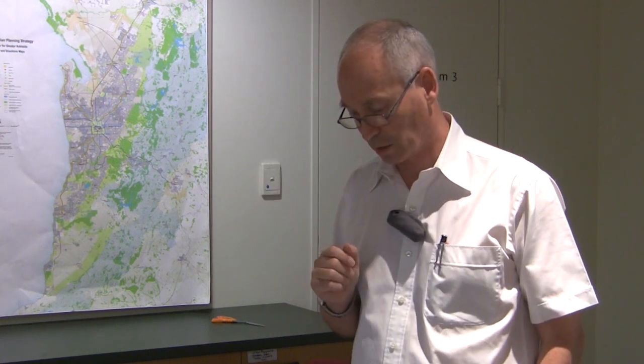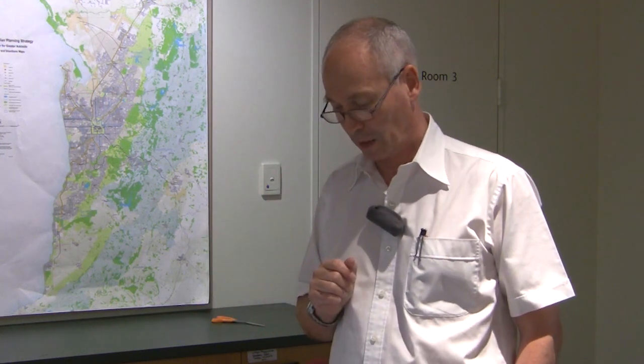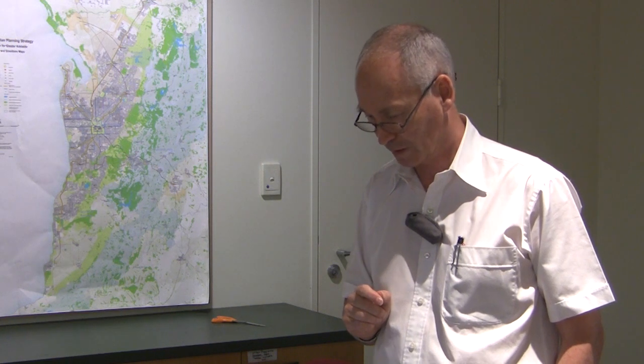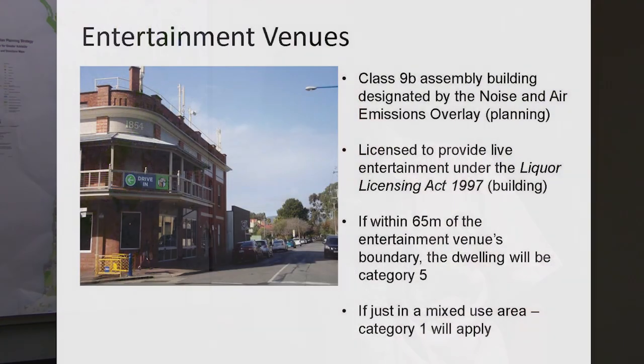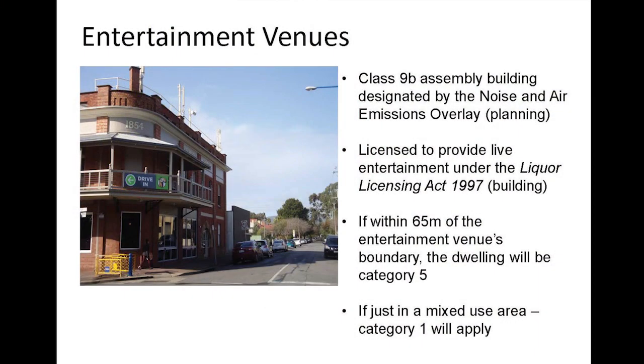Additionally, if there are any dwellings that are located within 65 metres of an existing entertainment facility, then there will be specific requirements. So there's an example of how these overlays will fit. The entertainment venues are basically the Class 9B assembly buildings. If it's designated as part of the mixed-use areas, there is a 9B building in there and it's licensed to provide live entertainment, then it needs to be taken into account. And if the new development is proposed to be within 65 metres of that entertainment venue,